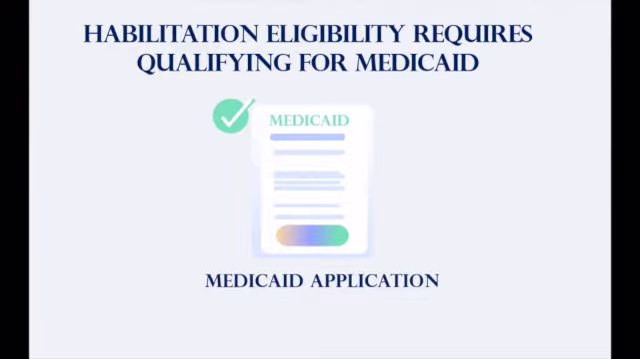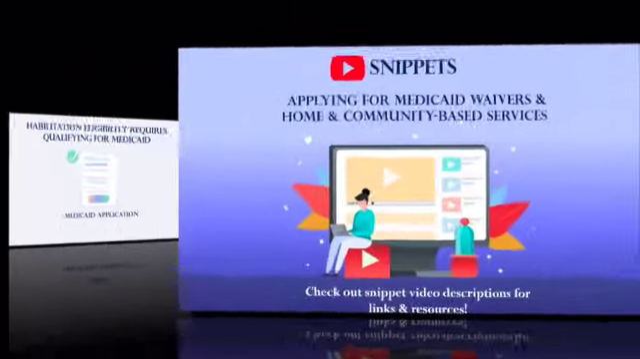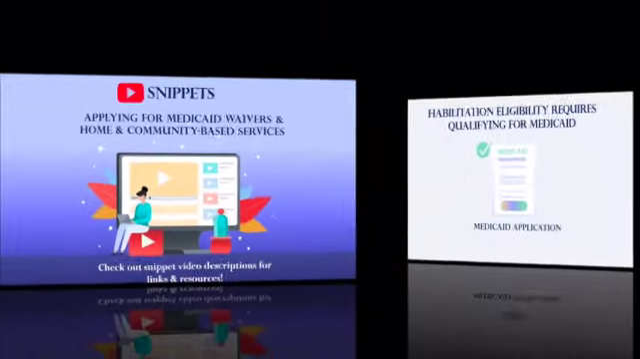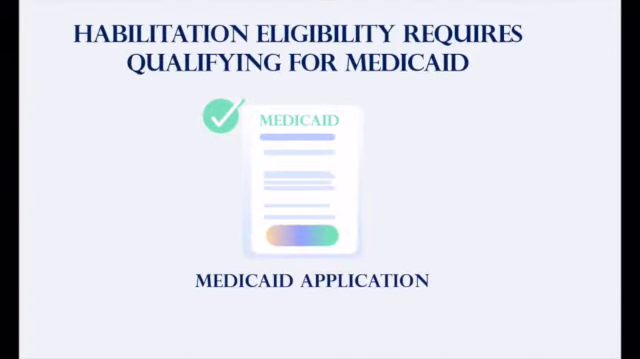If you are not sure if your student qualifies for Medicaid or how to apply, view the Applying for Medicaid Waivers in Home and Community-Based Services snippet to learn more on how to apply. In addition to qualifying for Medicaid, the student or person must also meet at least one of the following risk factors. 1. Has undergone or is currently undergoing psychiatric treatment more intensive than outpatient care, more than once in their